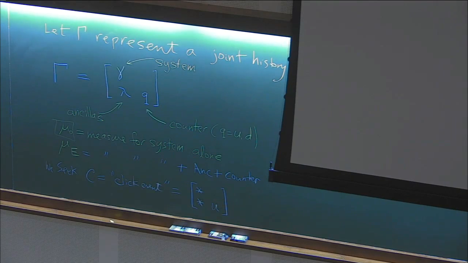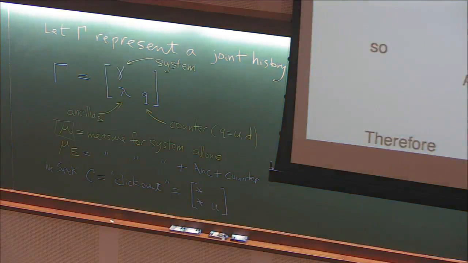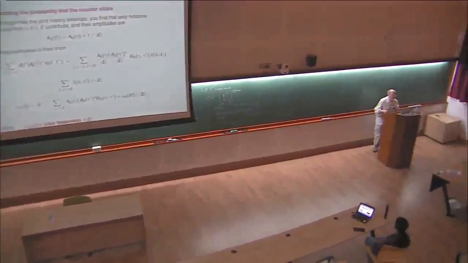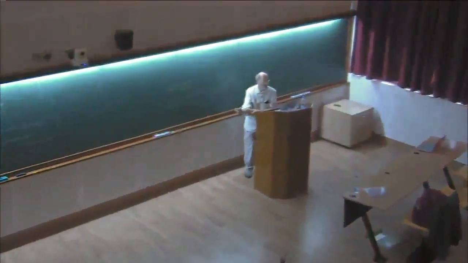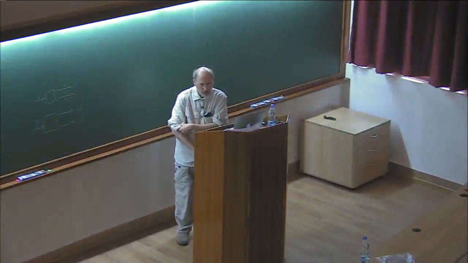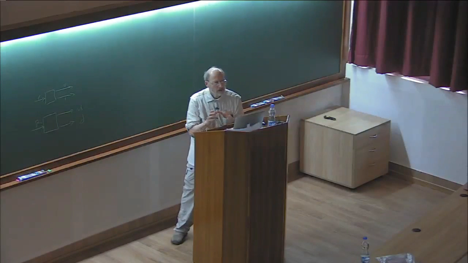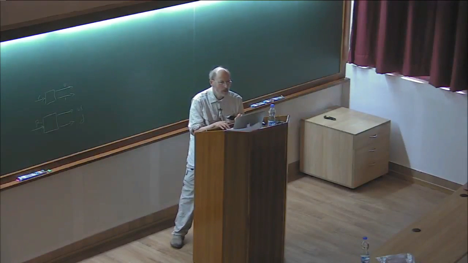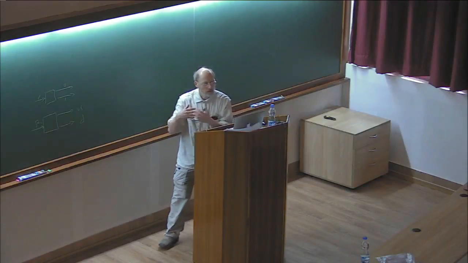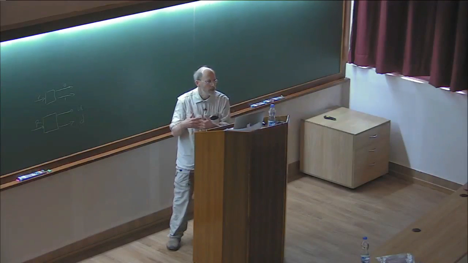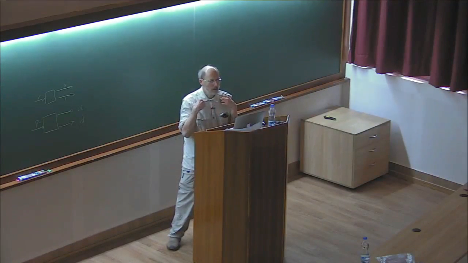So now we can finish the computation actually just in one slide, because I've cheated a little bit, not shown you every detail. If you go back to the first week of lectures, you can see in excruciating detail how these amplitudes are built up stage by stage in the history. So let me just make a claim. It's kind of implicit in what we said already. If we trace through how this joint history, ancilla plus system plus counter, how it develops, you see that the only history, and remember that we're interested in